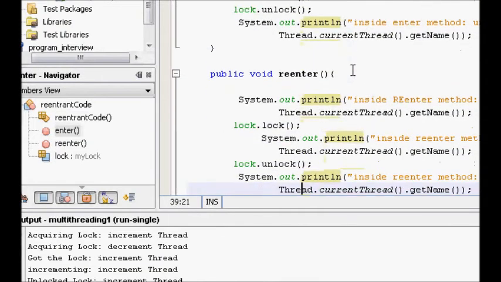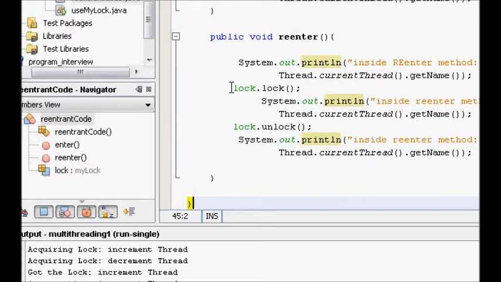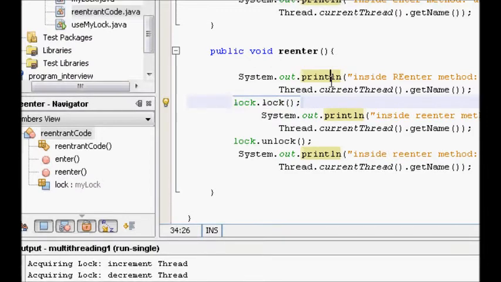In re-enter, again we try to lock the lock, and the same lock. So you have already locked it, now you are trying to lock it again. So you are trying to acquire a lock which has already been acquired by someone, and here you are not checking by whom, whether it was by yourself or by someone else. It just tries to acquire the lock and finds that it has already been acquired, without any check for who acquired it, whether it was you yourself.